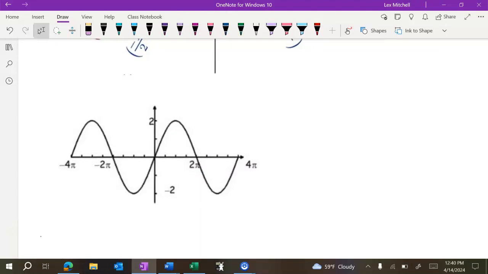So if I'm looking here, I typically like to start by finding my midline. Now your midline is just what it sounds like. It's the middle y value, in between your max and your min. So I have a max of 2, a min of negative 2, so I know the middle of that is going to be 0. So my midline